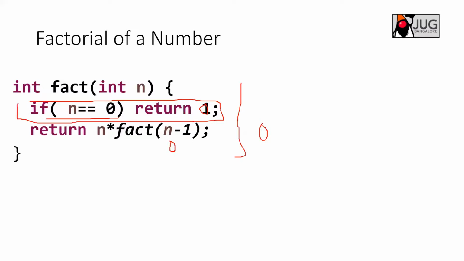So given a problem, if you are given factorial of 1000, don't think of it as 1000. Think of it as 2 or 1, and then try to solve the problem and see how best it fits here. Once you start thinking of 1000, it will be difficult for you to come to a base condition, because you need to debug so far. But let's assume it is factorial of 1 and see how it behaves.